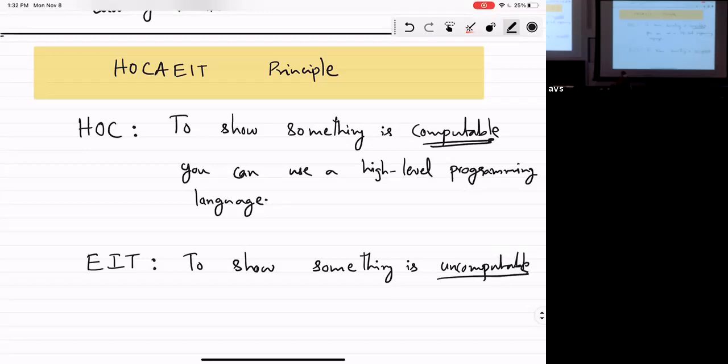Something cannot be solved no matter what programming language you use, no matter what hardware you use. They have to show something like that. It suffices to just show that there is no Turing machine which can do it. Just show that Turing machines cannot do it.